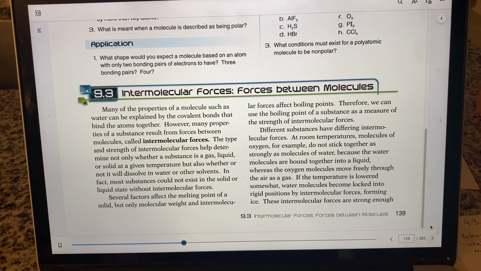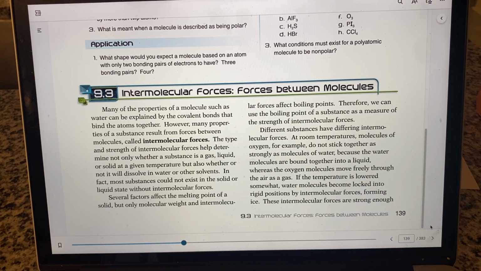So we're in your chemistry book, section 3, chapter 9, Intermolecular Forces, Forces Between Molecules. And so these are just the important forces that we have, and they're between molecules, not holding the atoms together